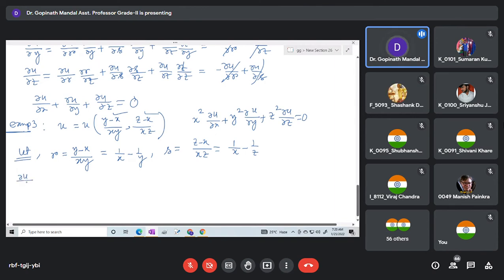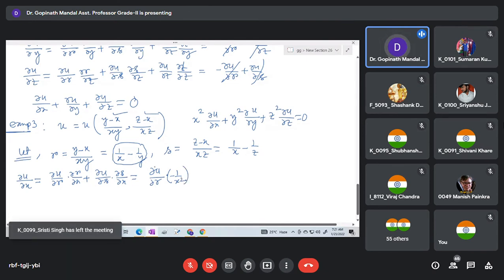So ∂u/∂x will be ∂u/∂r ∂r/∂x plus ∂u/∂s ∂s/∂x. Now ∂r/∂x: the derivative of r, which is 1/x minus x, and e to the minus 1/y equal to 0 because y is constant, plus ∂u/∂s